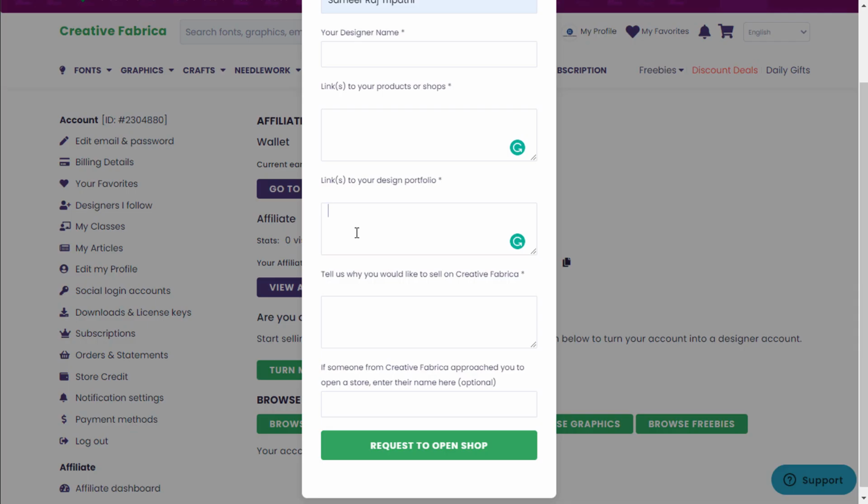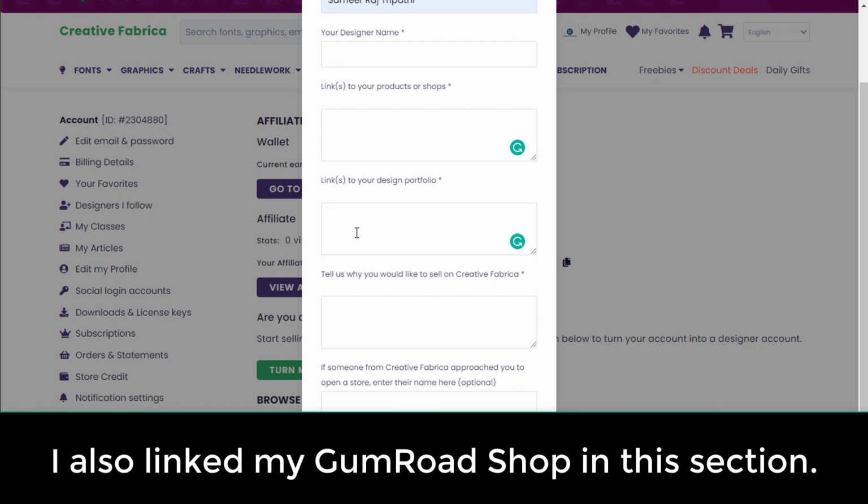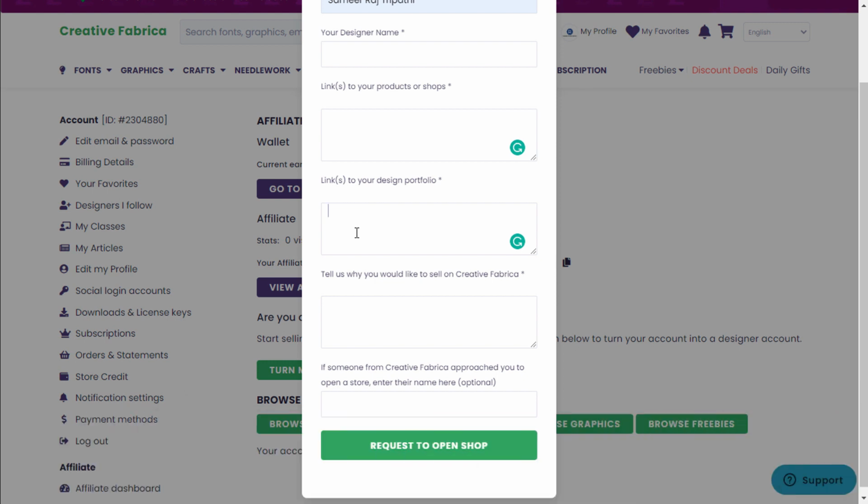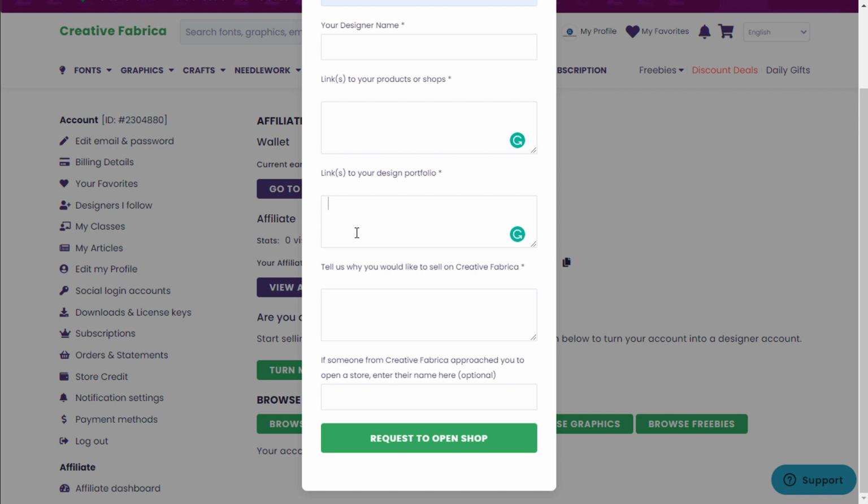In this section, what I did was I provided the link to one of my author pages, and I also provided the link to my Gumroad shop. I also had a Gumroad shop and I showed some of the designs that I had uploaded to Gumroad in this section. So if you don't have it, don't worry, you can simply provide the link to your Amazon author page. Now in this section, we are going to write why we want to sell our designs on Creative